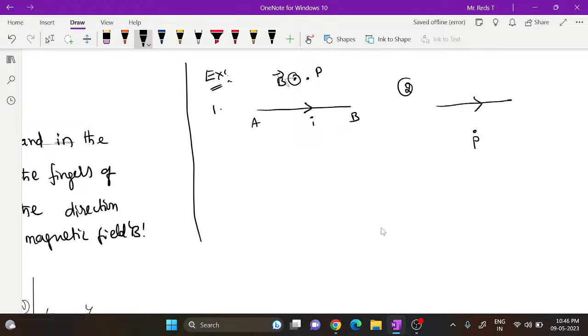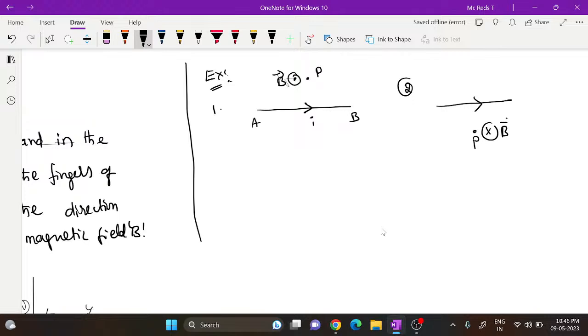So try to take the right hand thumb in the direction of current by showing the palm direction into the plane of the paper, not outside the plane of the paper. Then it will be difficult for you to stretch the fingers onto the point. So if you stretch the thumb in the direction of current by facing palm into the paper, here the magnetic field will be